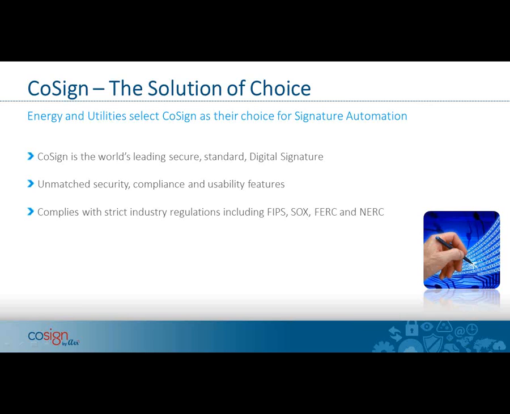So Brian showed you earlier the 3 I's of trust, showing who the identity of the user is, the intent that they're signing a document, and also that the document has not been altered in any way. Also, these documents, as I mentioned, are verifiable independently of Cosign. So again, all the information is built into the document and travels with the document for its life. Cosign is also centrally managed and controlled, making it very easy for organizations to maintain the system, support the system, and it also makes it very cost-effective as well.